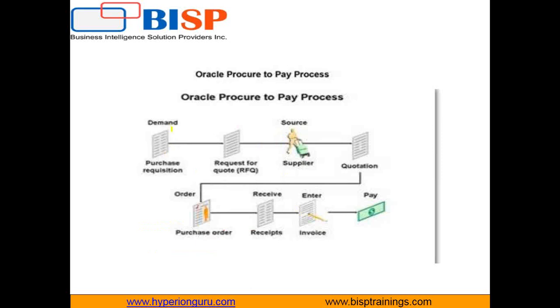like how the procure to pay cycle happens, right? In the very first step, you can buy a product only if there is a requirement, if there is a demand, maybe from your employees or from your manufacturing department, whatever it is, right? Or it may be from the customer who is demanding this type of raw materials. For example, if you want to manufacture laptops, maybe 1,000 laptops in